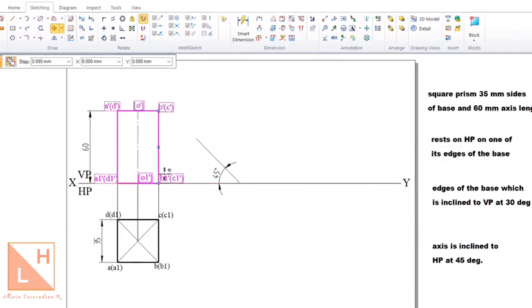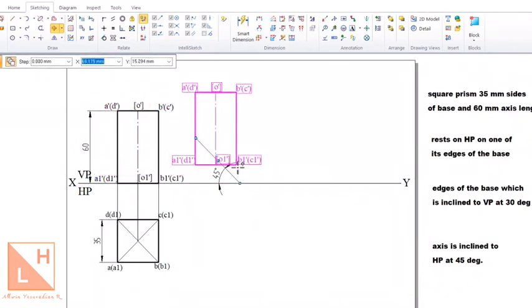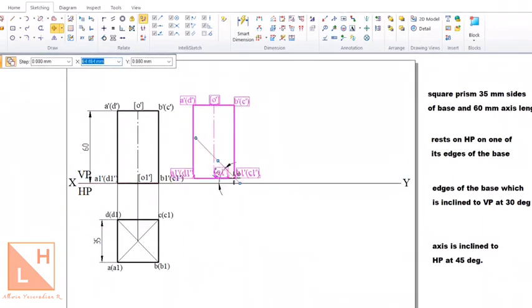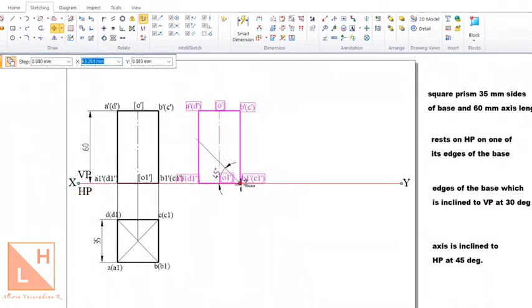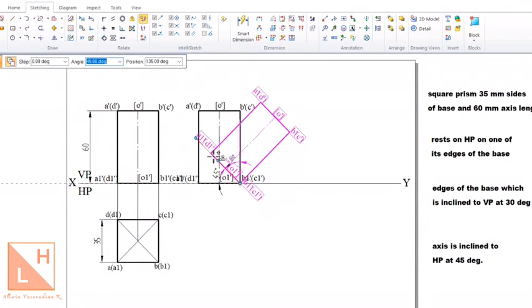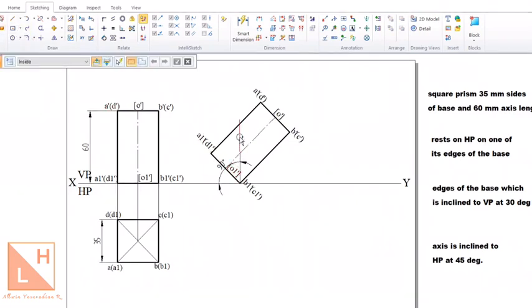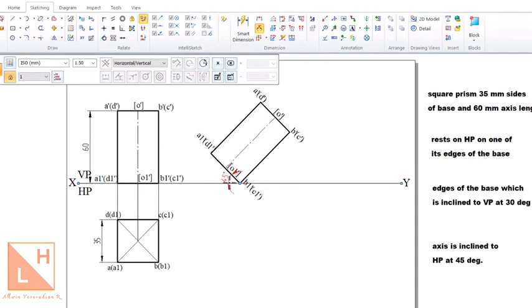That edge of the base which we have selected in our drawing is B1 dash C1 dash. So select that point and place it exactly at the intersection of the 45-degree line and this XY line. Now we need to rotate this, selecting B1 dash C1 dash as a fixed point and A1 dash D1 dash as the second point, and tilt it so that the base is inclined to the XY line at an angle of 45 degrees. Anyway, that line which is disturbing, you can delete it. It is not required now, because all that I wanted here is the base inclined at an angle of 45 degrees.